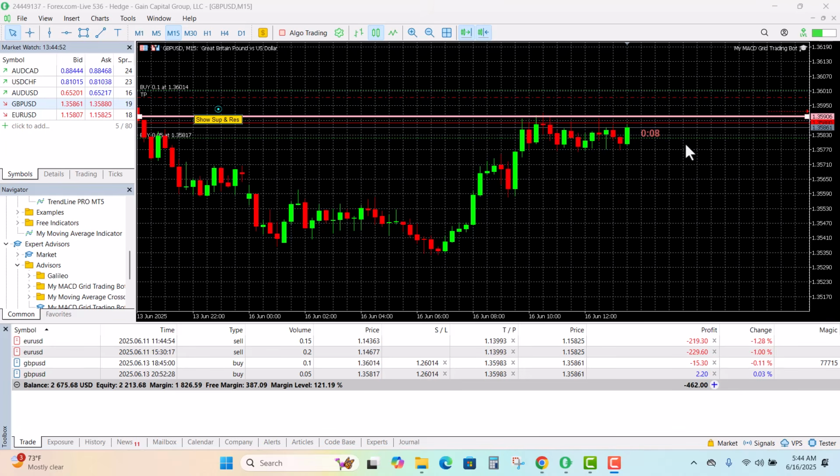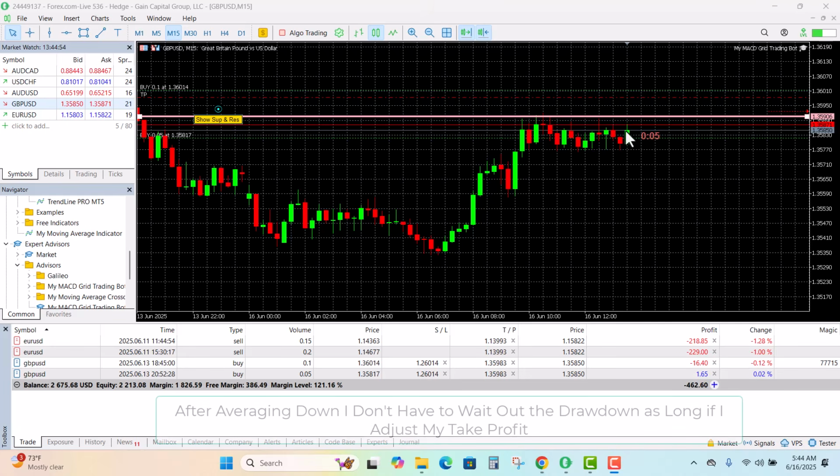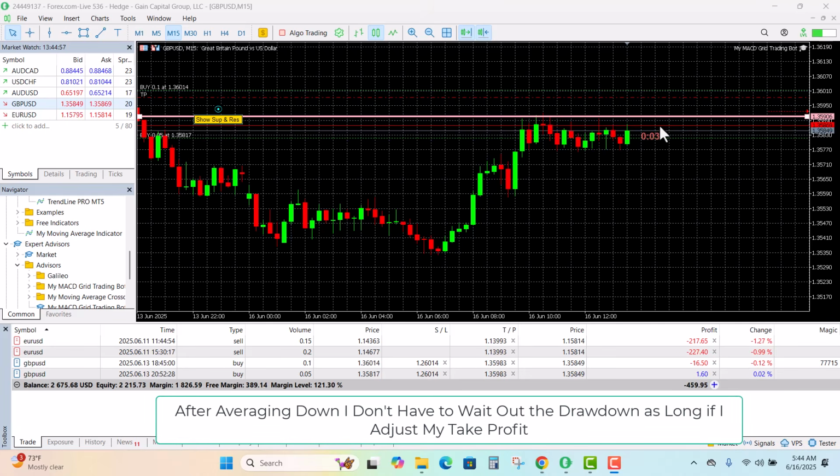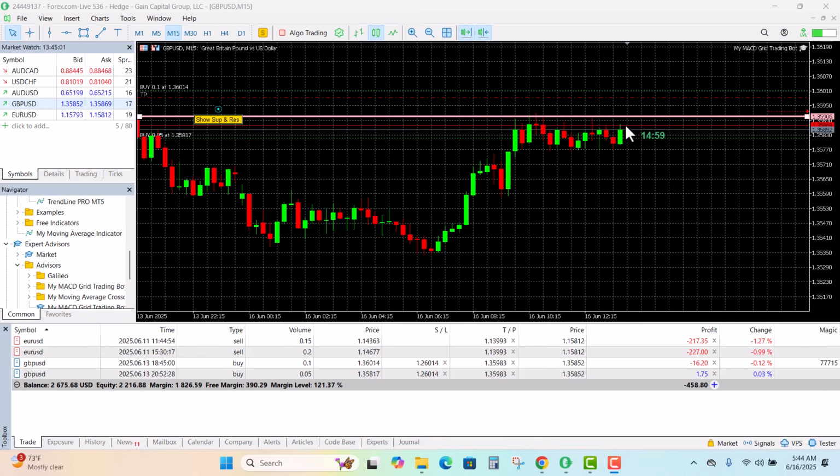See, when the second order is coming up like it is right now, it's going to turn positive. And the first order is negative, but as the price runs up, the negative becomes even right here at 10 pips because I average down at 20 pips. And now I can set my take profit at my normal 5 pips, or I could have just left it up here